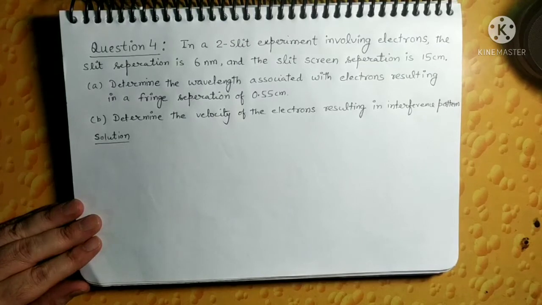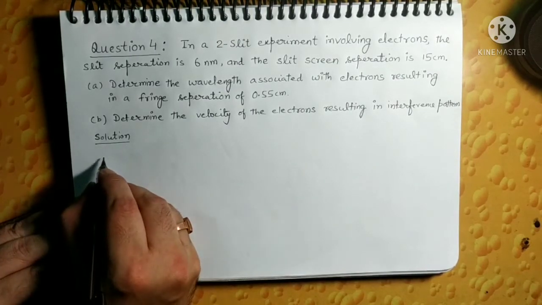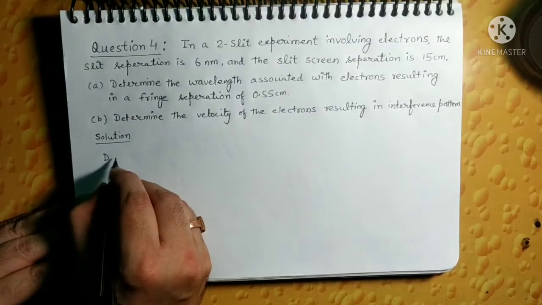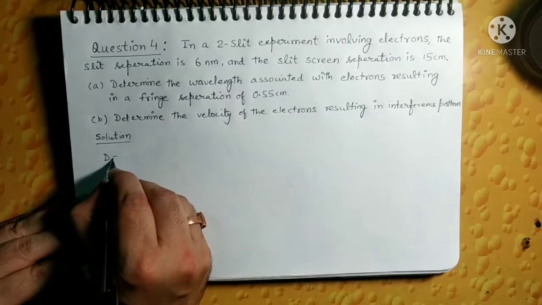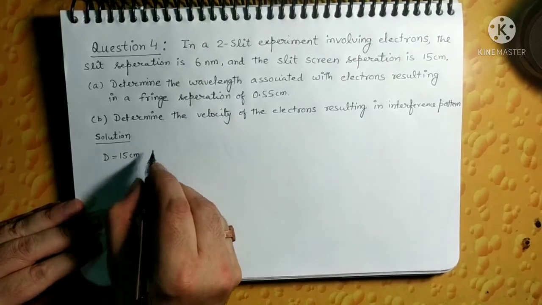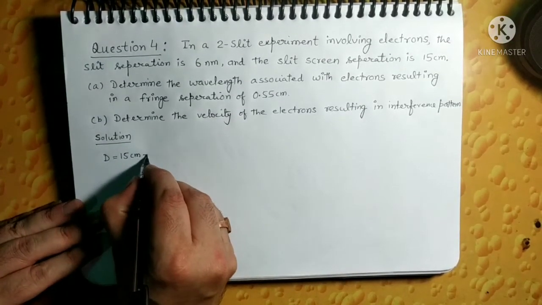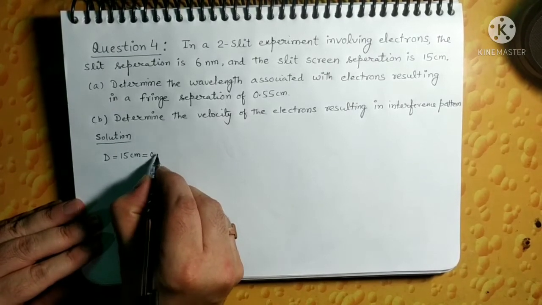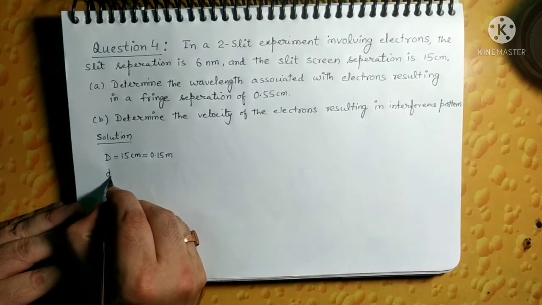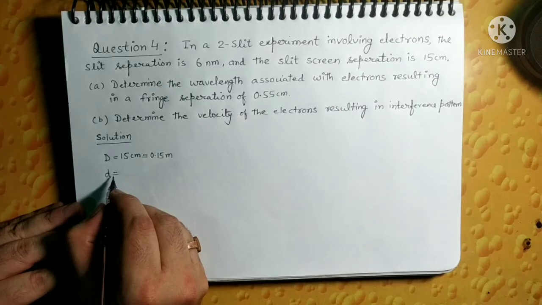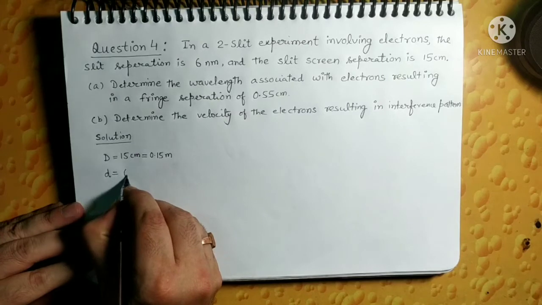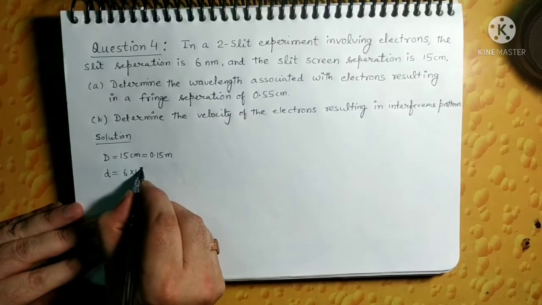So to solve this problem, let us first write the parameters which are given to us. So D is the slit and screen separation. It is given 15 centimeter, or in meter we can write it as 0.15 meter. Small d is the slit separation. So the slit separation is given as 6 into 10 to power minus 9 meter,